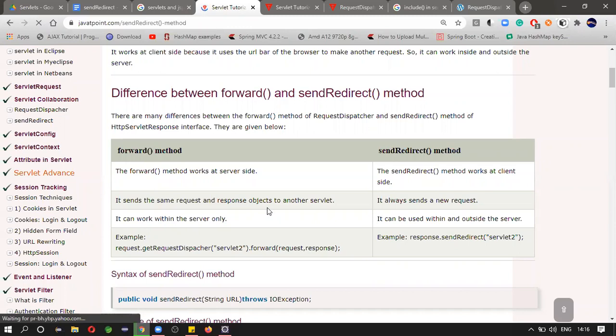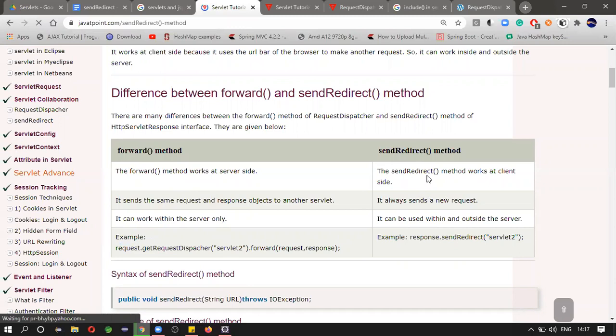How to create forward? You already know. Get request dispatcher servlet. By using this method, you can get the request dispatcher object. By using that object, you can call the forward method.